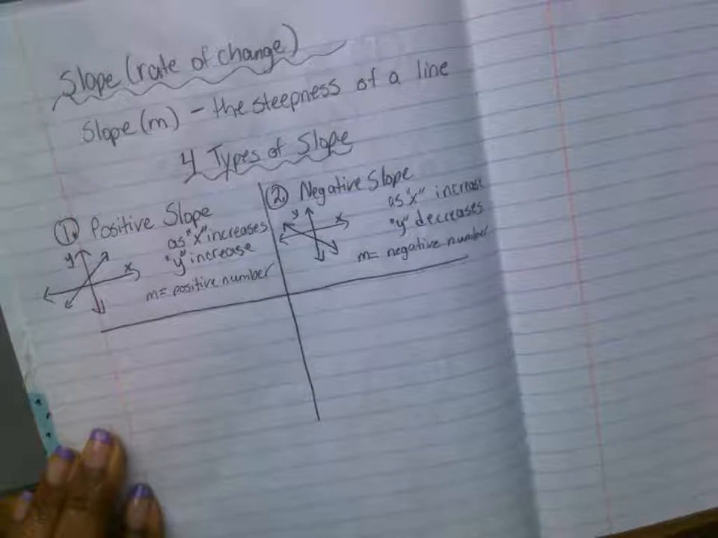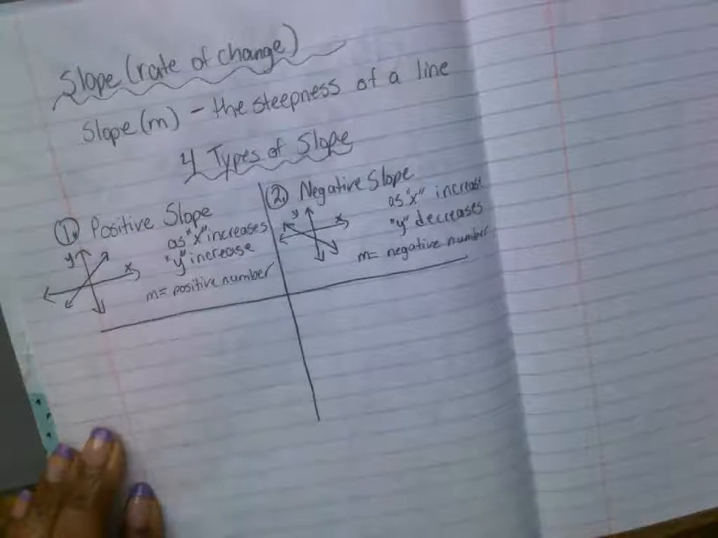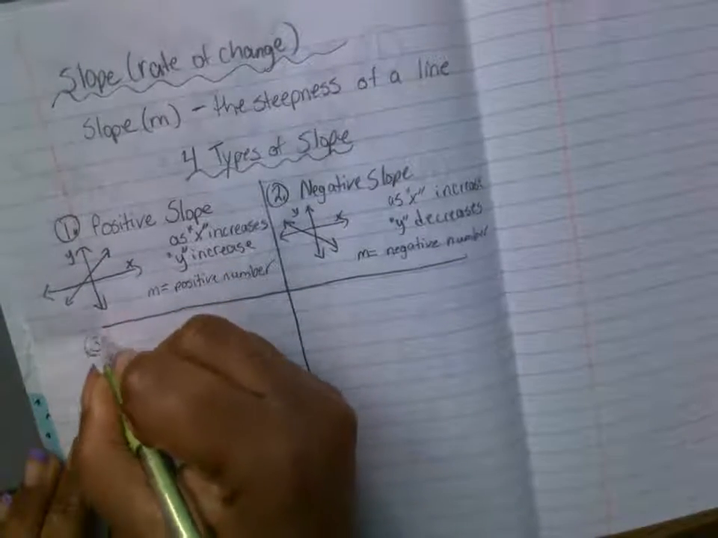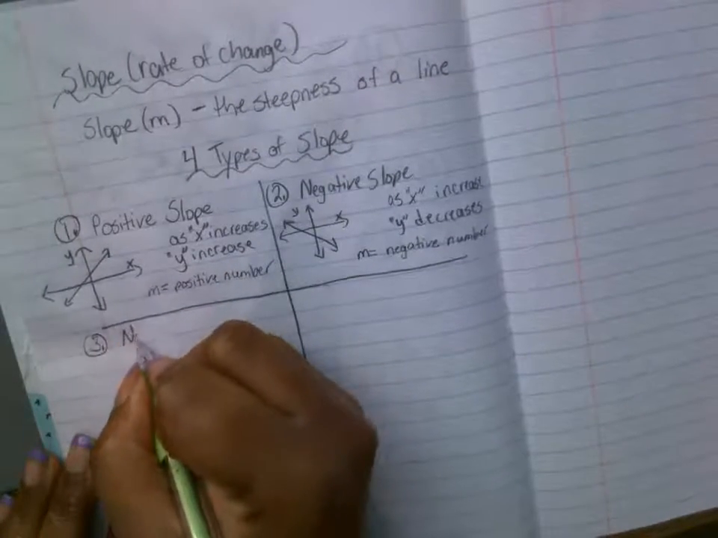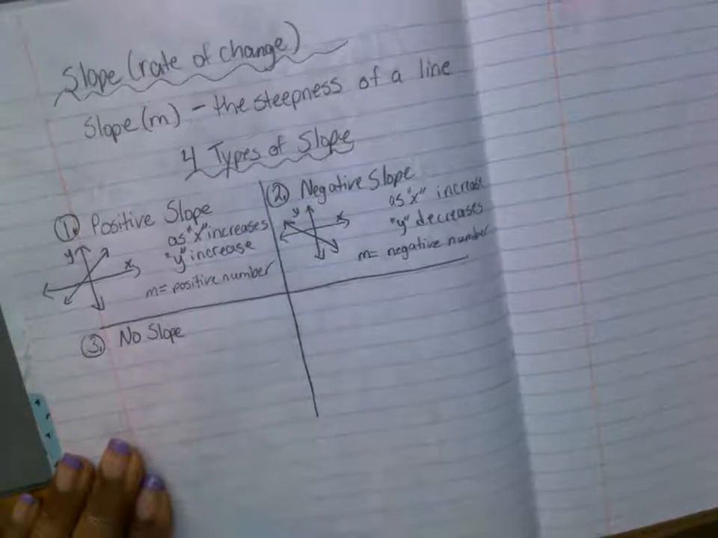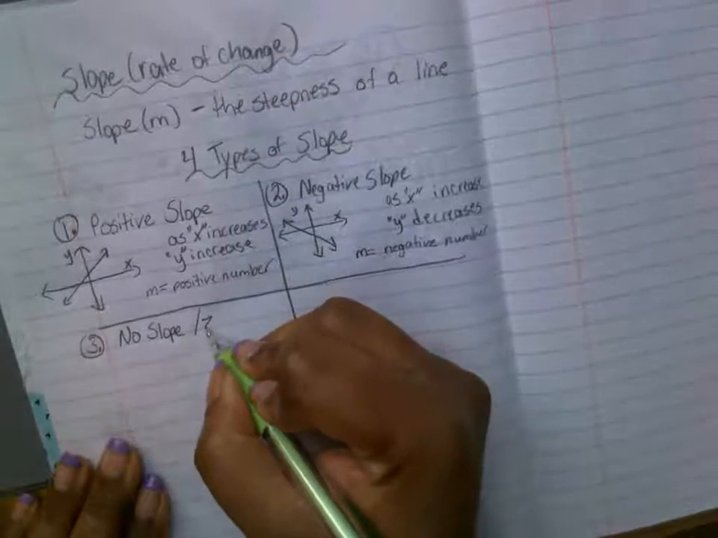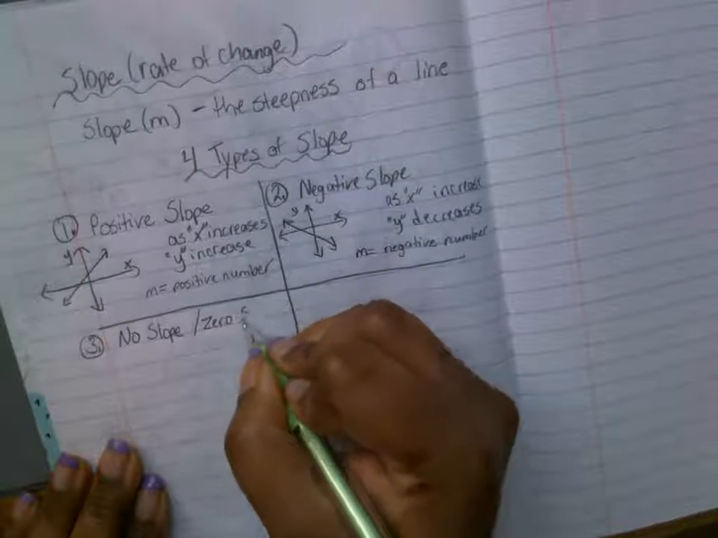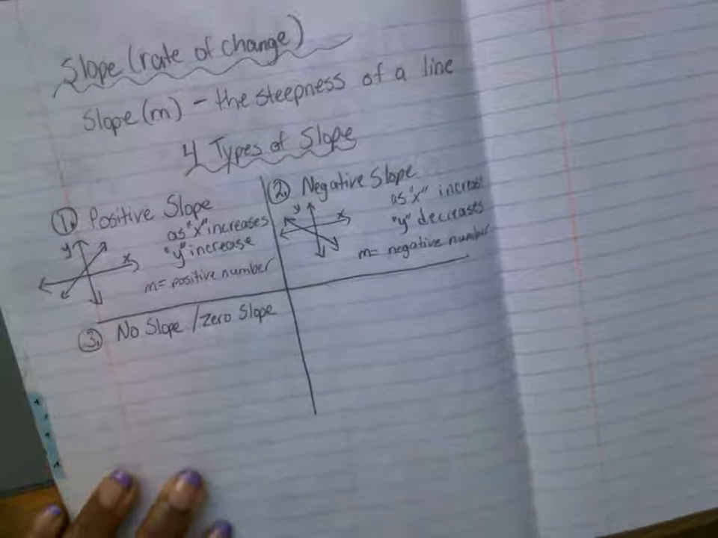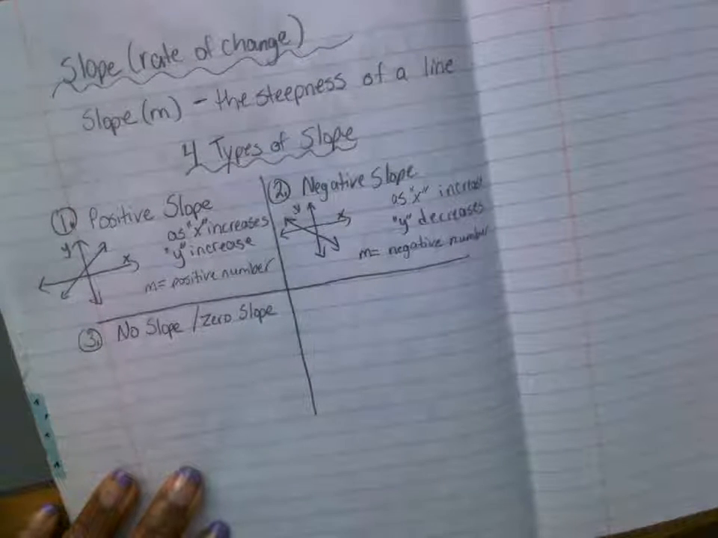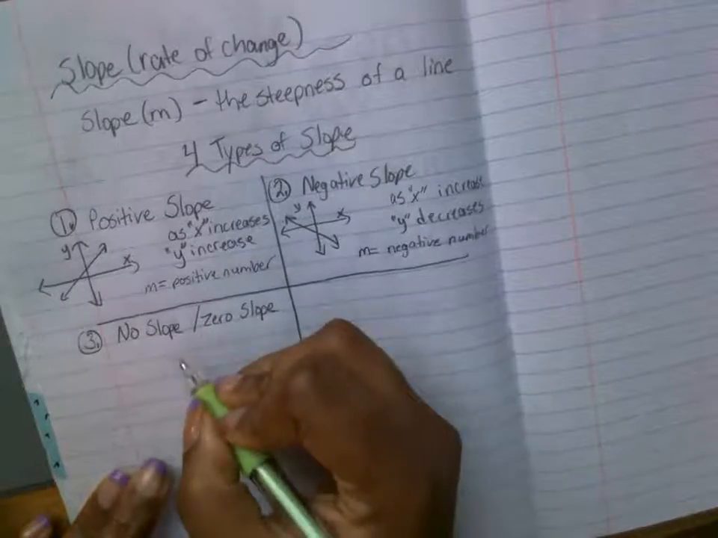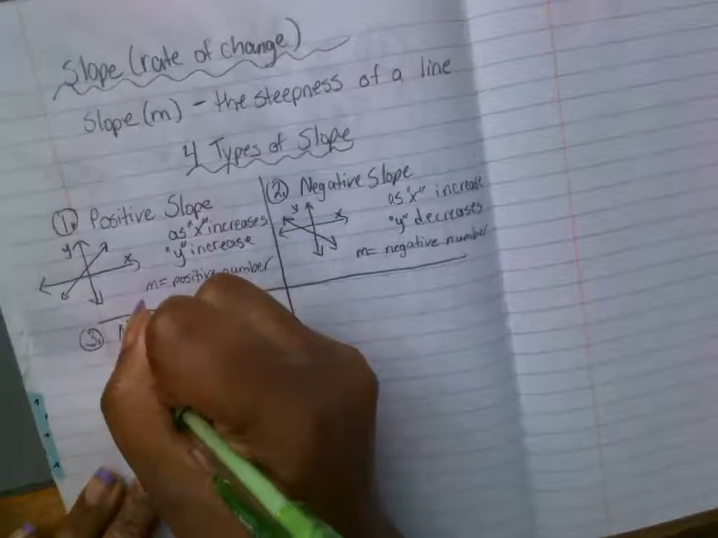The third type of slope is no slope, or zero slope. These lines do not have any incline in them. They're flat lines. So an example of what that looks like,